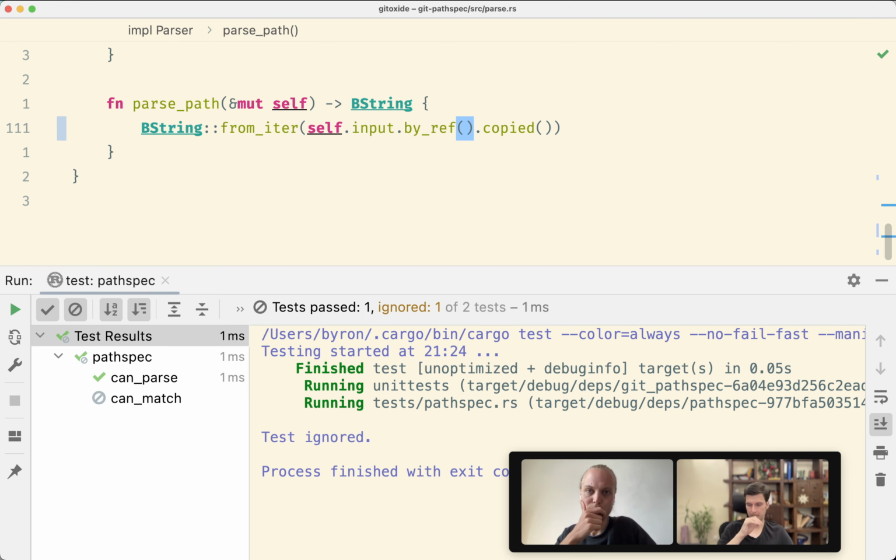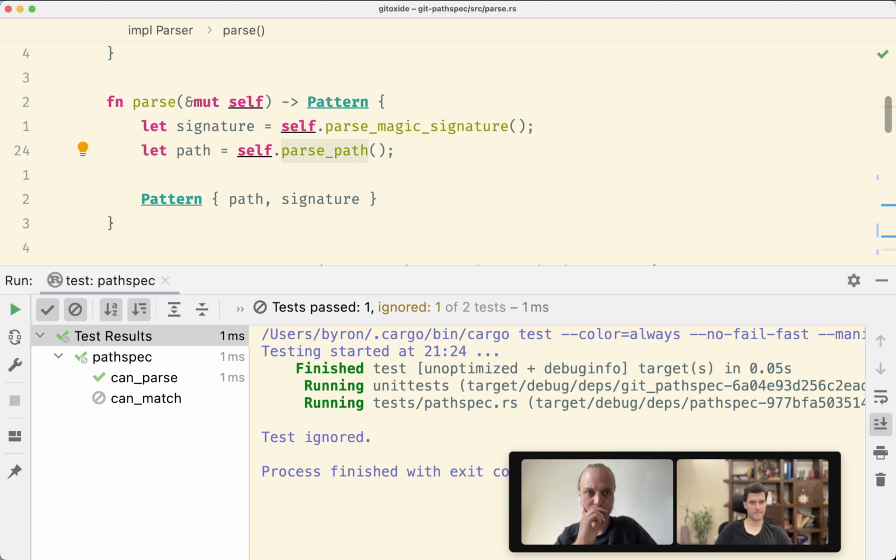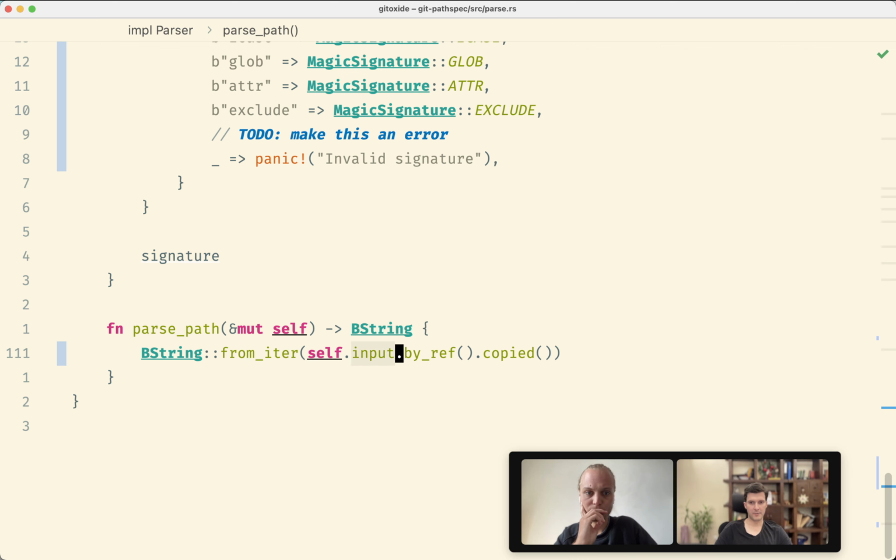Okay. And this by ref, because copied wants to consume the iterator, it doesn't work because we are behind a mutable ref here